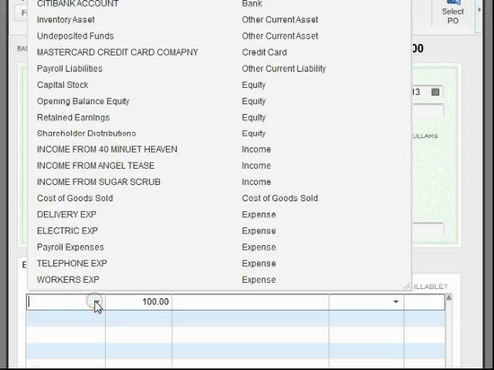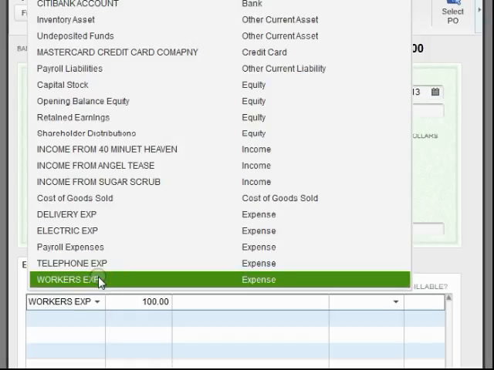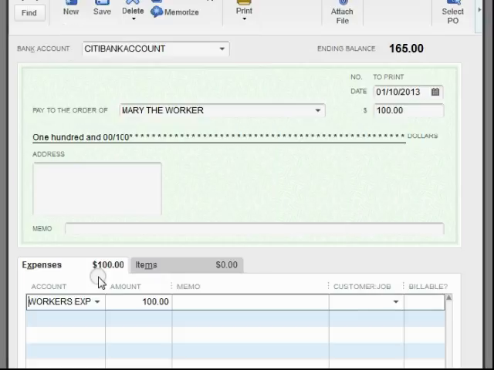Now, the expense account will be the worker's expense, whatever you want to call it. You could call it salary expense, it's not really salary. You could call it masseuse professional expense, whatever you want to call it. I'm calling it worker's expense. But the point is this. It would not be one line for $100. It would be worker's expense,